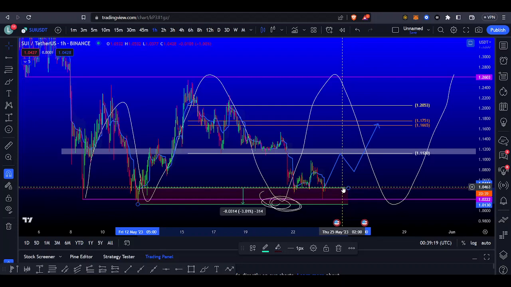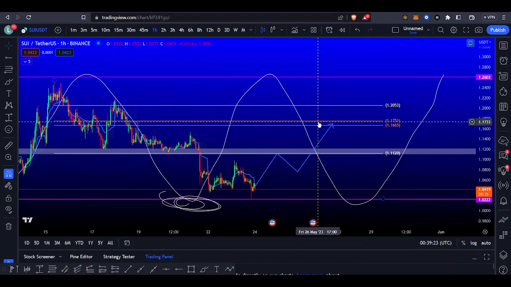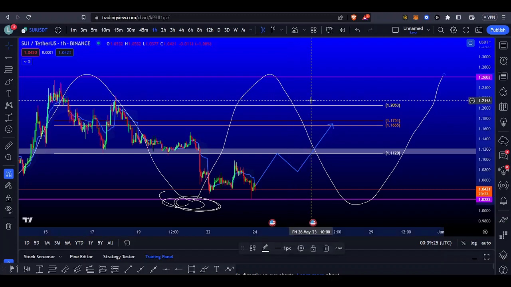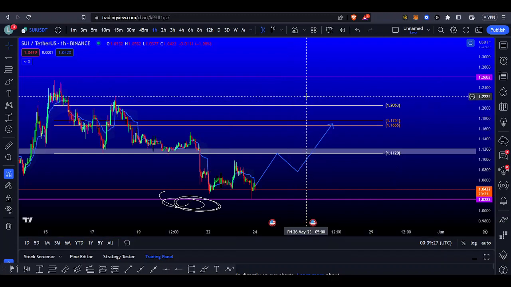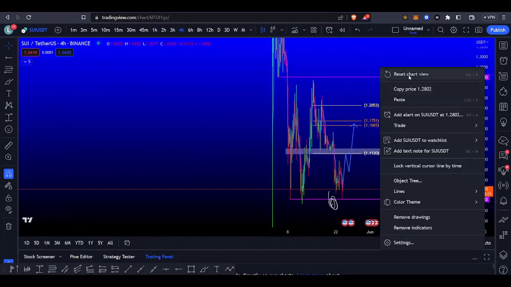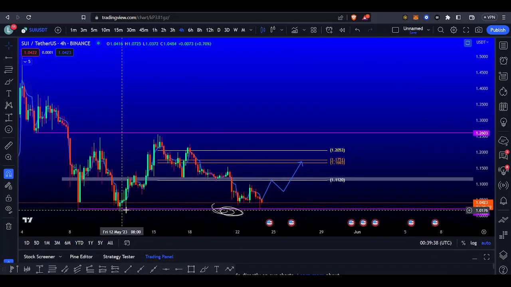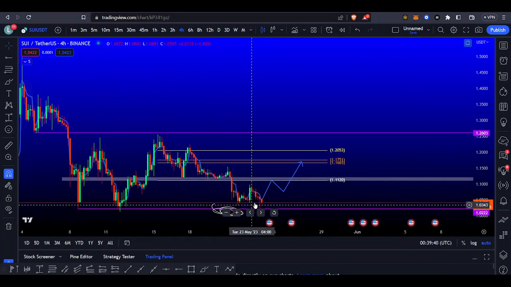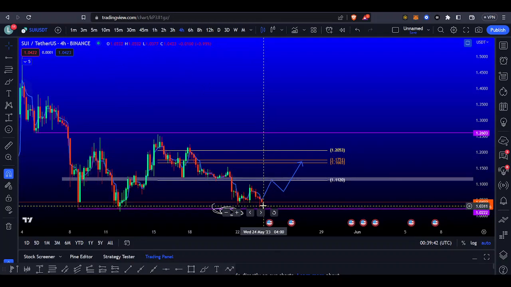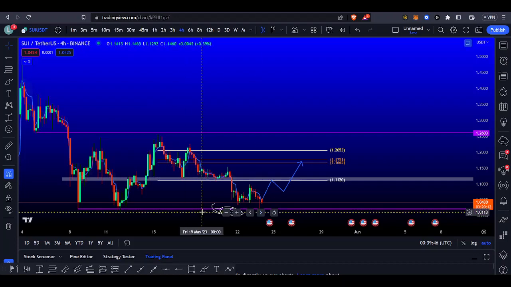Maybe scale your position down so this way it doesn't impact you as much. Maybe trade with half your position, so if it does hit, it's only a 1.5% loss. But SUI is looking quite interesting. If we zoom out a little bit, you can see it really has just found a bottom. It's just ranging. This is the low of the range, and usually what happens is price swing failures the lows